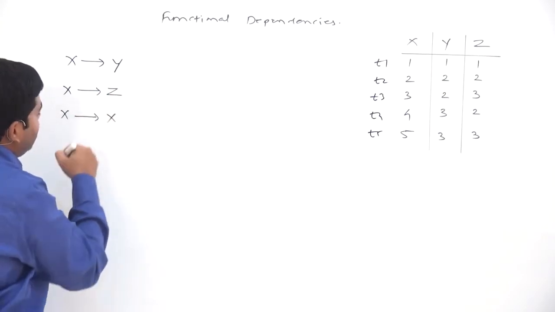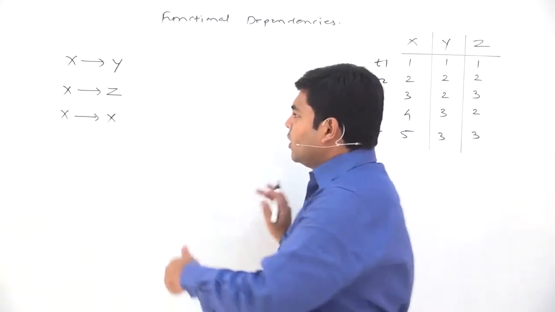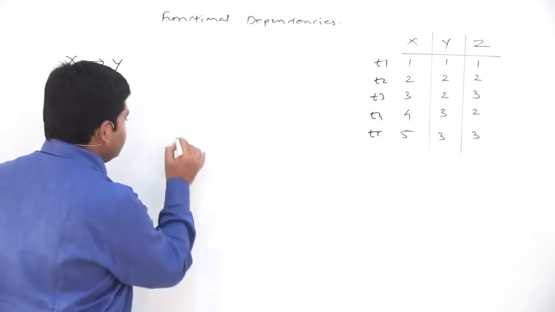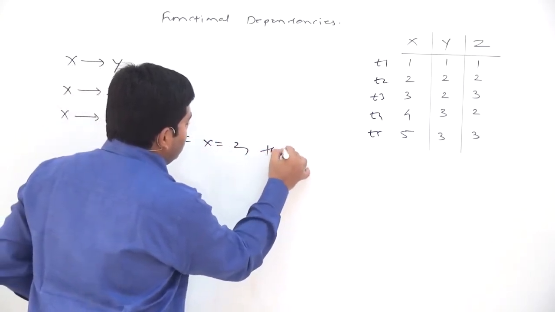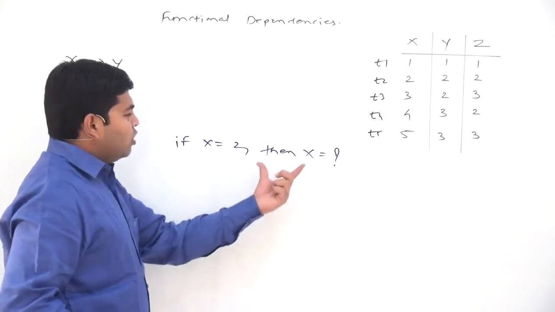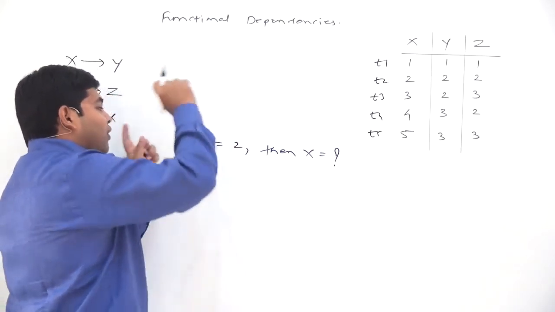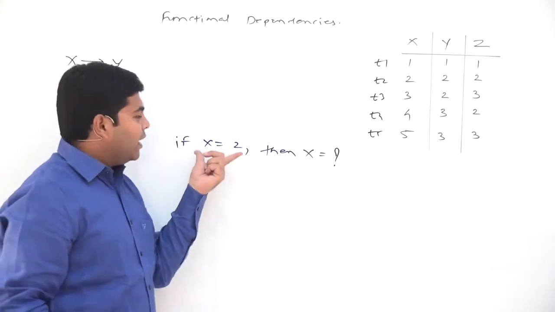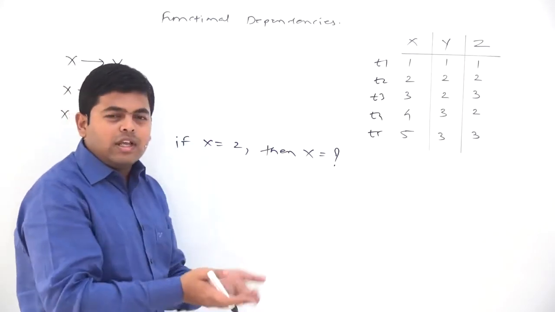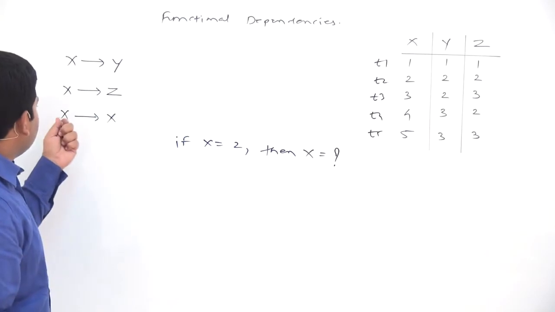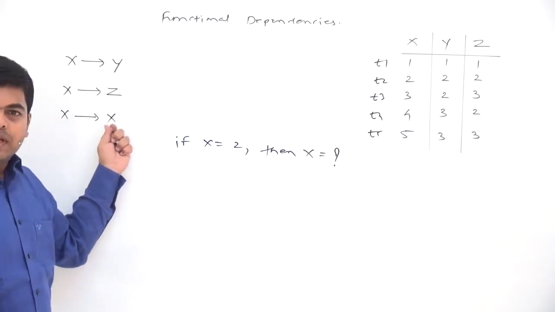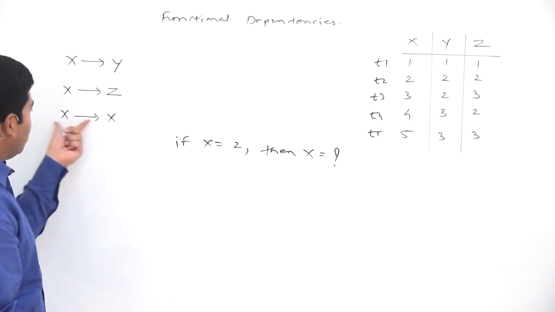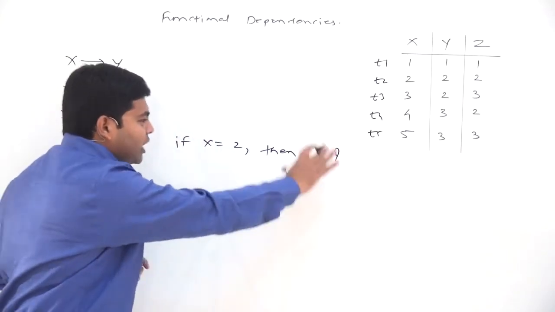And similarly, we can also write down the value of x, because given the value of x, you can always determine the value of x. It's like a question, if x equal to 2, then x is equal to what? The question is asking us, if the value of x is equal to 2, then what will be the value of x? The answer is already present in the question, and that is why such questions can always be answered. So any attribute will always give the value of itself. Given the value of an attribute, you can always determine the value of that attribute. So x will always give the value of x. These are called trivial questions.